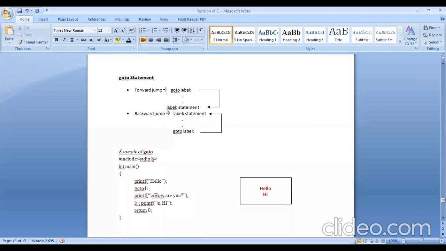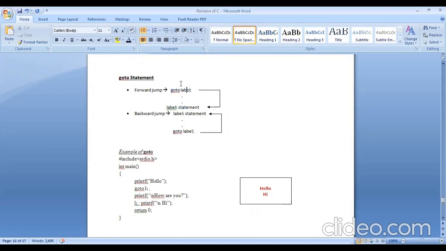However, once you encounter a goto statement, goto is a keyword which is always followed by the word label. Whenever you encounter such a statement, the transfer will jump to that particular part of the program that has been declared in the label section.